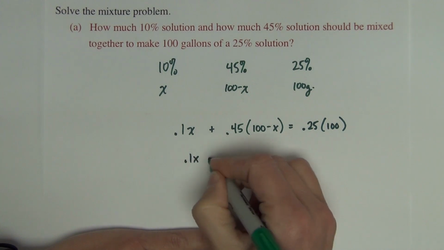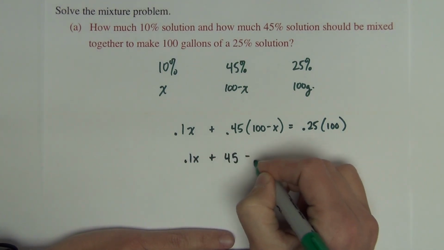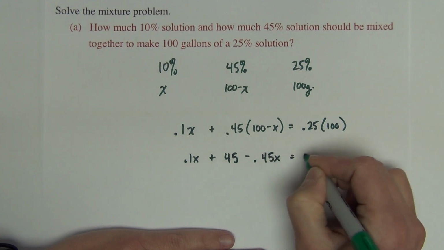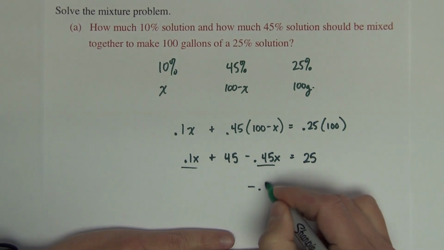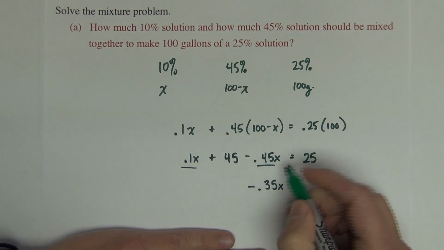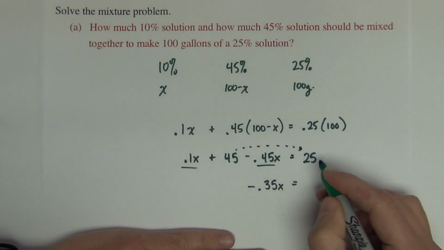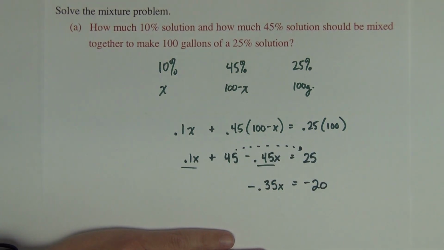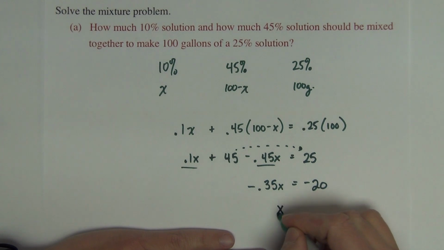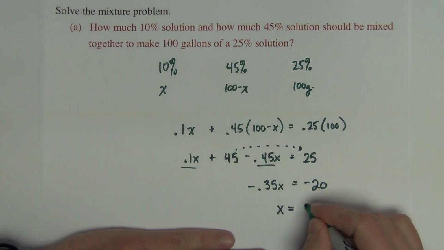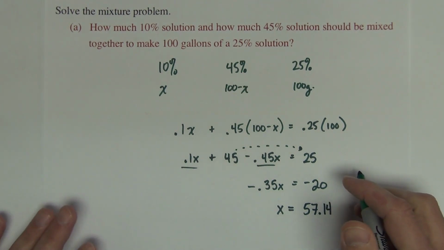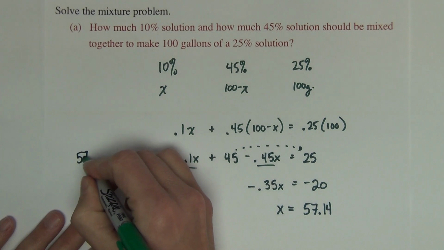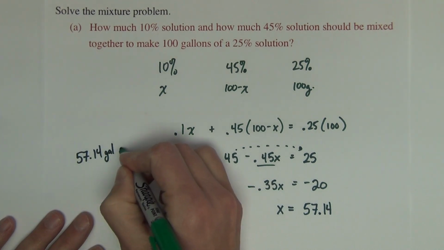And we solve this equation for x. So we have 0.1x plus 45 minus 0.45x equals 25. Combine the x's, I've got negative 0.35x equals, I'm going to take this 45 across, so negative 20. And 20 divided by 0.35 is going to give me an x of 57.14. Okay, so that's 57.14 gallons